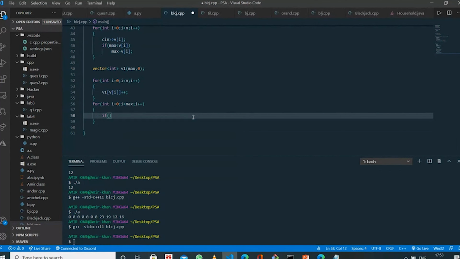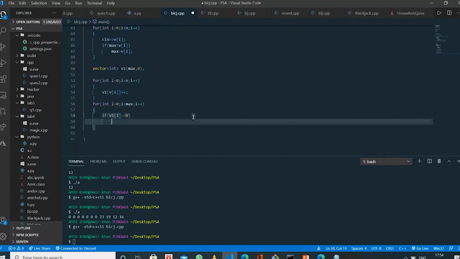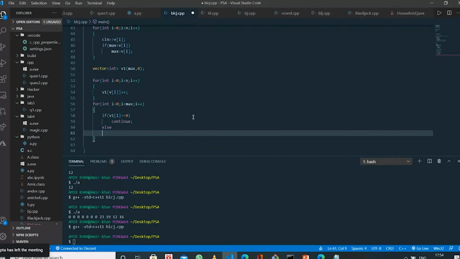If v1 of I is equal to 0, then I will just continue, and cout v of I, v1 of v of I.